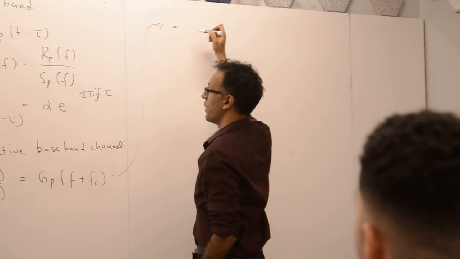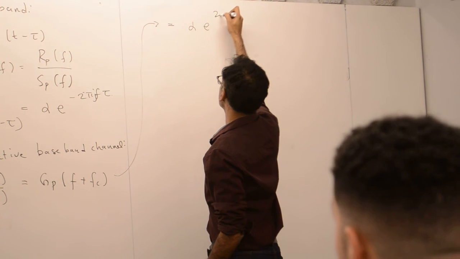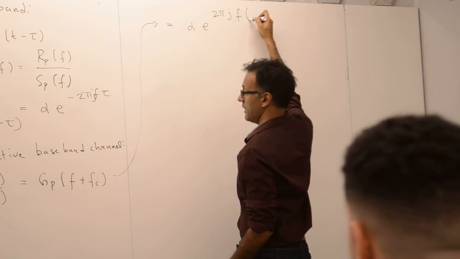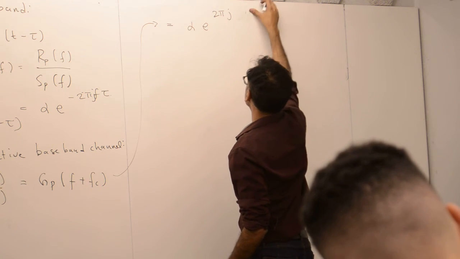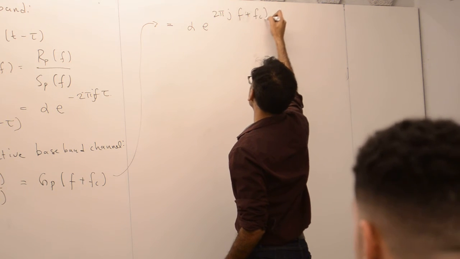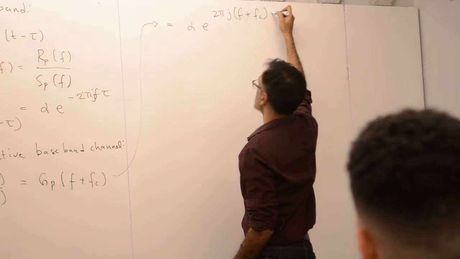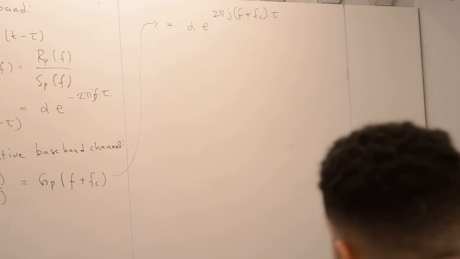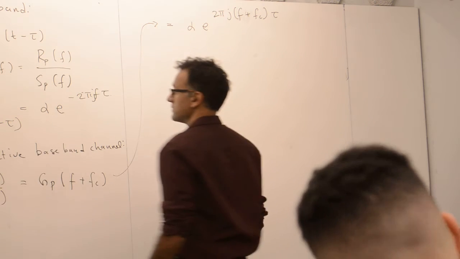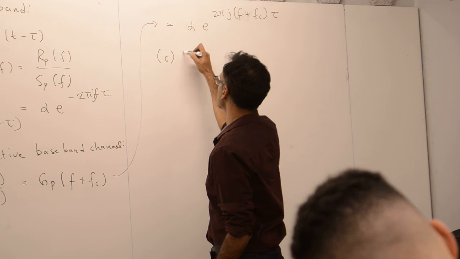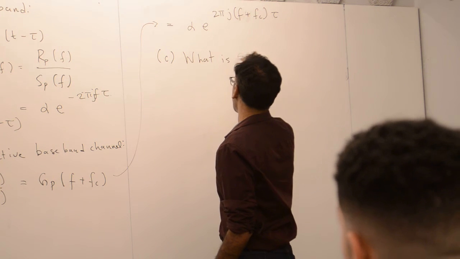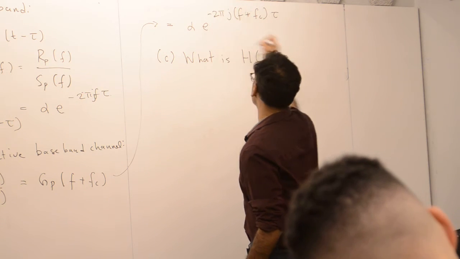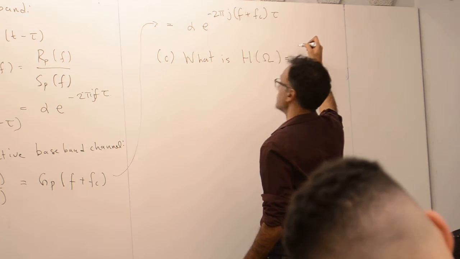Okay. So that guy is just going to be alpha times e to the 2 pi j f, what's f? Plus fc, times tau. All right. Don't we have a minus sign up there? Yeah, don't we have a minus sign up there? Oops, yeah, thank you. Which is going to be, in this case,